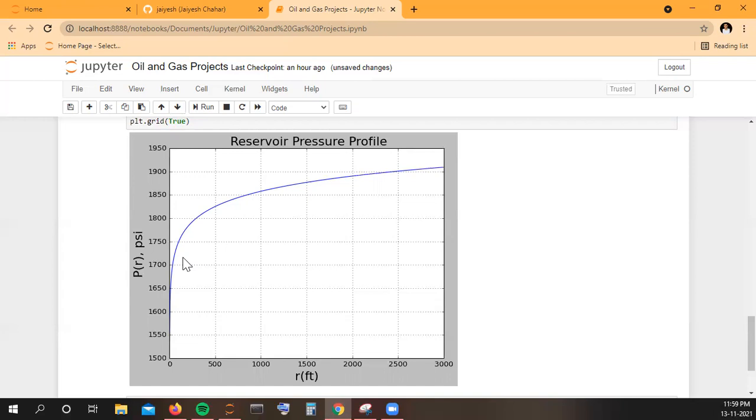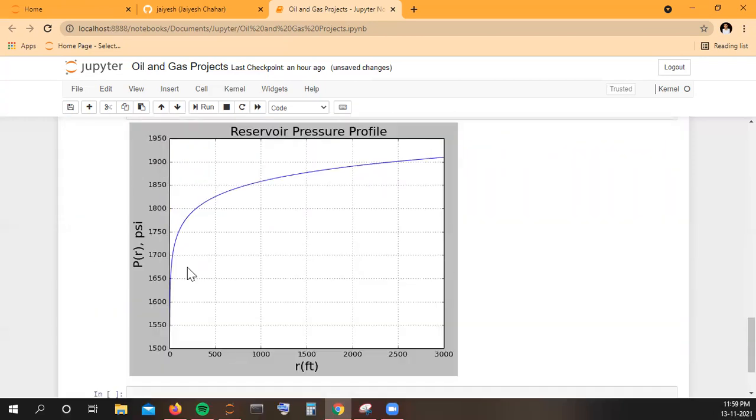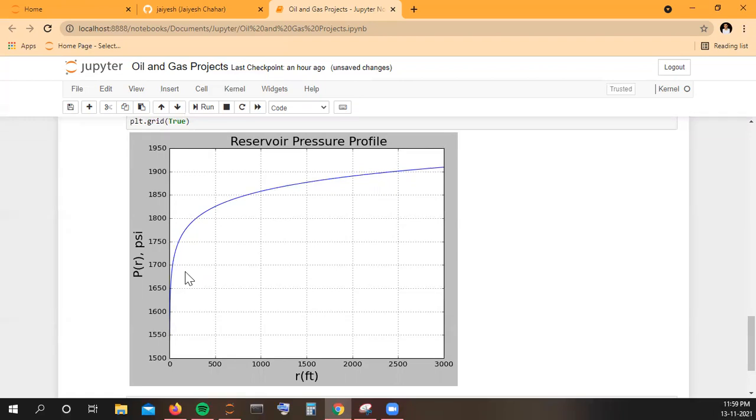But a very important understanding from this is looking at the logarithmic equation. Mathematically, this particular drop is clearly because of the logarithmic equation. The drop is very fast near the wellbore, and it's kind of slow as we go away from the wellbore. So that's a very important thing to see.